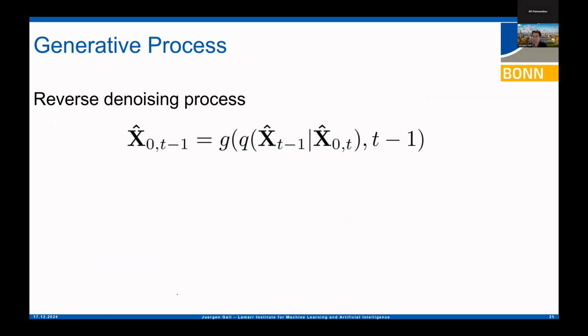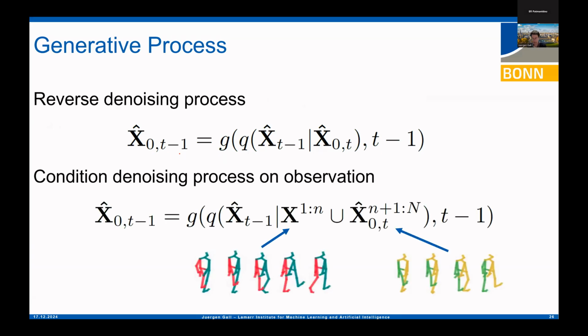So this is the setup. Technically, what we have is an estimate from the previous step. Now, at the diffusion step t-1, you run multiple steps starting from t to 0, you want to reconstruct what would be the denoised signal, and you apply it for several steps. This network, I will explain on the next slide, but in our case we want to condition this step on our observations. The observations are the sequence of poses we have observed, and we also want to predict the future sequences, what we'll have in the future.